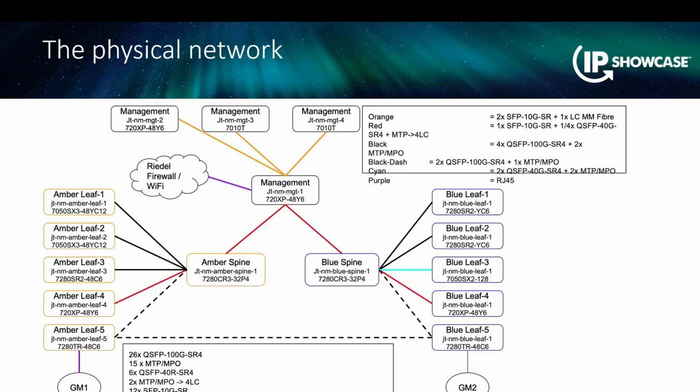Now that, some people don't like the idea of overloading, having multiple functions in a switch. That's fine. Equally, if you're looking to save money or be a little bit more compact, this architecture works very well. So it's a media leaf and it's the PTP distribution. Okay, and